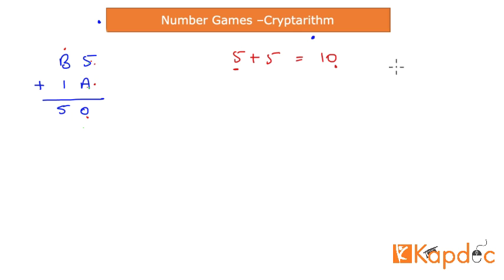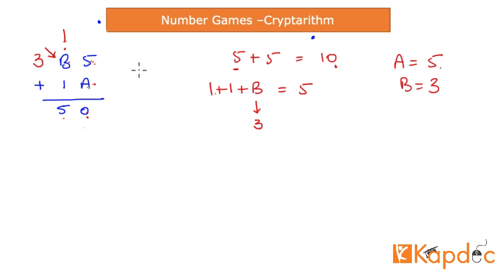That means my potential for A is equal to 5, right? When you put 5 here and add it to 5, you get 10. 0 comes here, but 1 goes right up to the tens digit, right? And then you have three numbers here: B, 1 and 1. The sum of all of this should be equal to 5, right? Now 1 plus 1 plus B is equal to 5, and that is a very simple thing to understand. Then B has to be 3 because 3 and 2 make 5. So that is as simple as that. This number is 3. So A is 5 and B is 3.